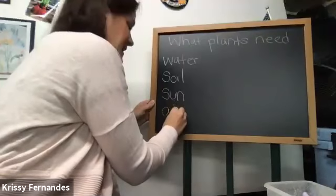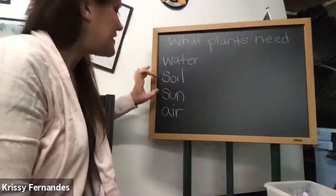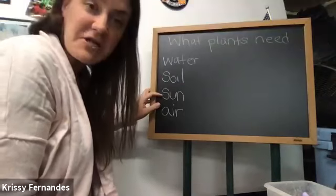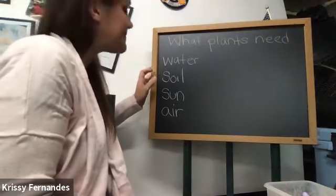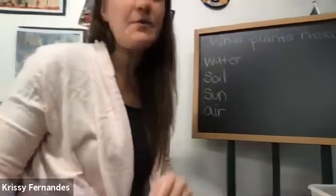Air. Everything that's living needs air to breathe, correct? And sun, water, and air make a thing inside the leaves that helps the plant. So you're thinking of, yeah, so the water, the nutrients from the soil, and the air all get combined using the energy from the sun, and they use photosynthesis in order to produce food. Is that what you're thinking of? That's right. So these are the four main things that plants need,